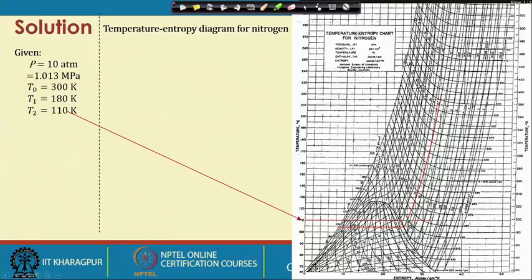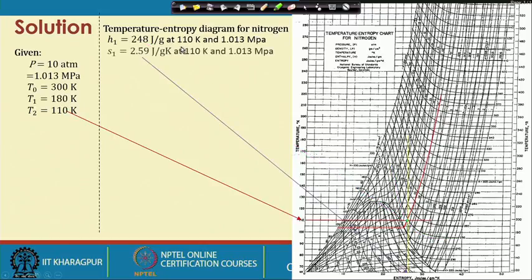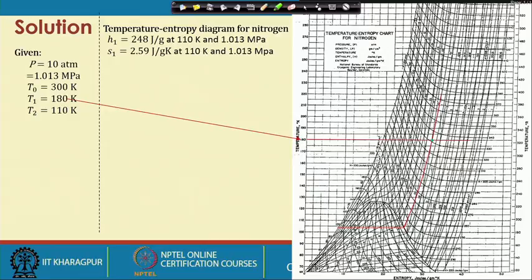All these things we have to read out at this particular point, and to know these values we also have to do some kind of interpolation between two values. So we have to know the interpolation techniques to get the various other thermodynamic properties at this point. From this we find H1 to be about this value, and H1 and S1 are needed to find the work done. Then we take another temperature, T1.